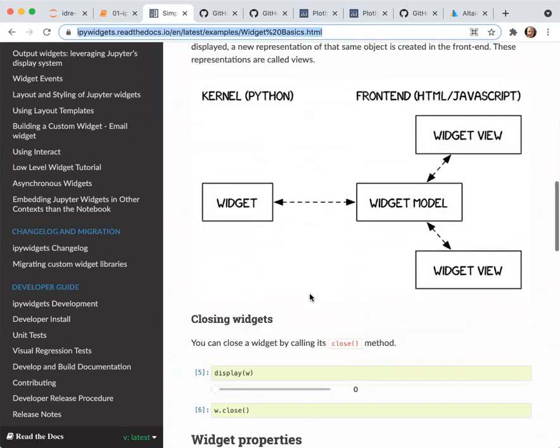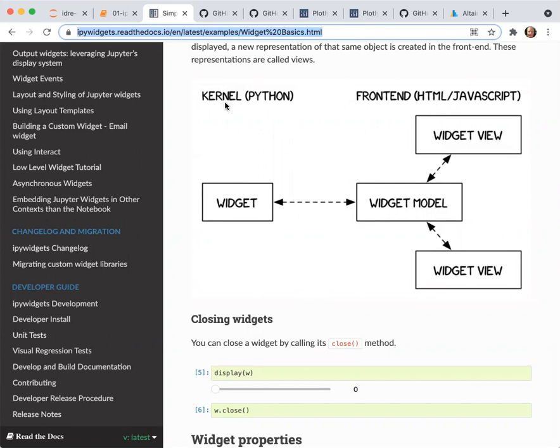So I won't necessarily go through what a Jupyter notebook is, but the Jupyter notebook itself is a JSON file. It's kind of responsible for rendering everything that you see on the front end through your web browser. And then it communicates on the back end with something called a kernel.